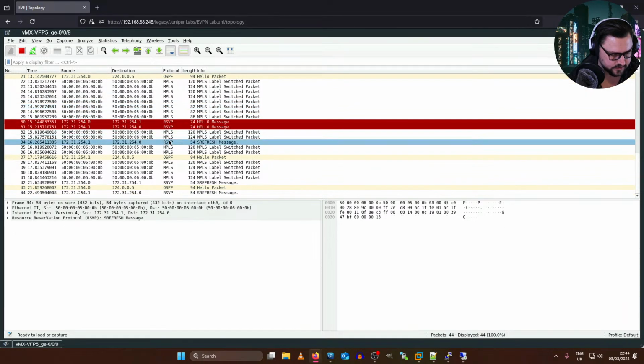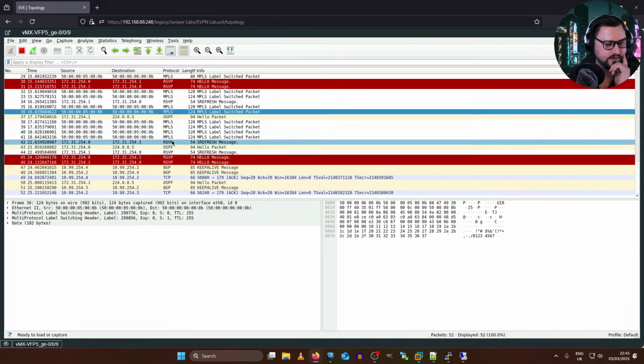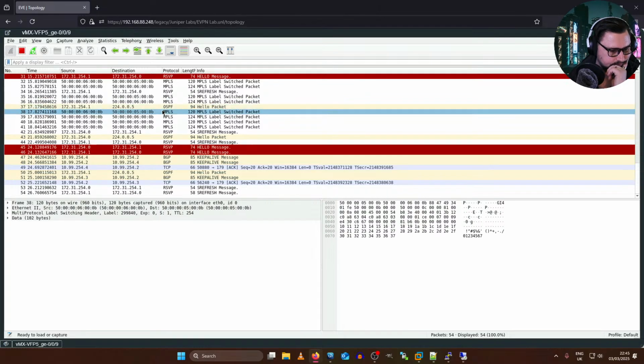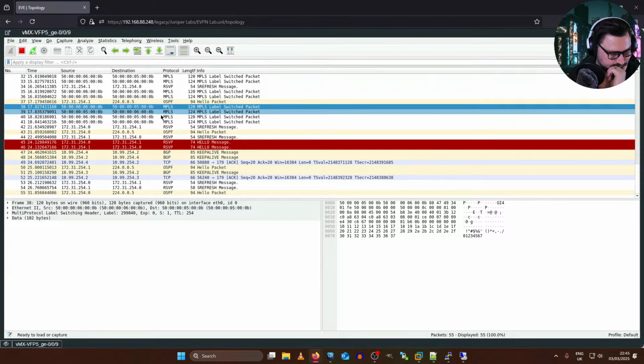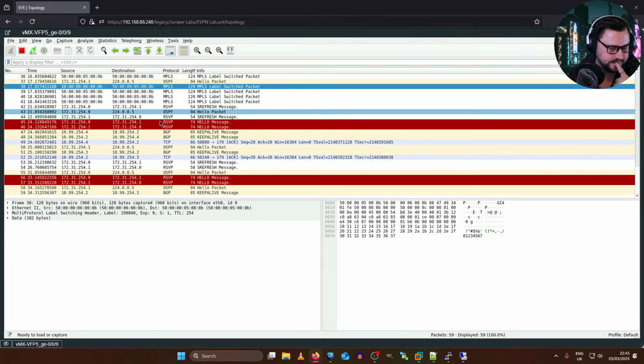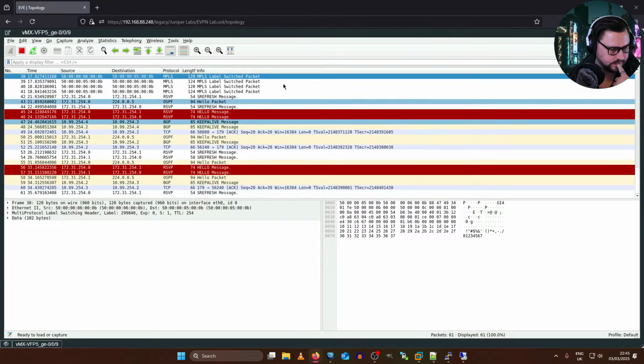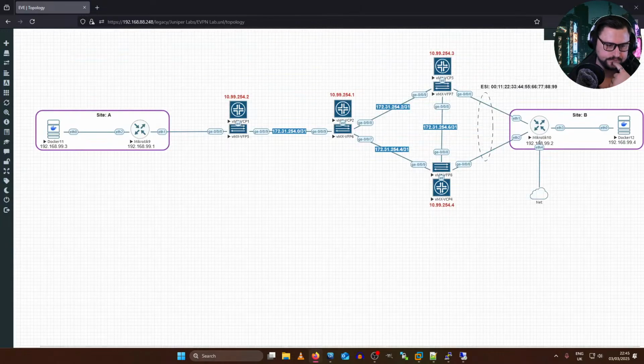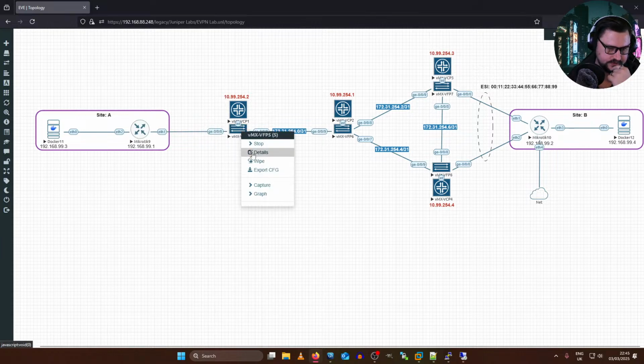So this still just looks like MPLS packets. Pretty cool. Pretty interesting. That's on that G009. And if I look at what's on G000 here, it should just show me the pings